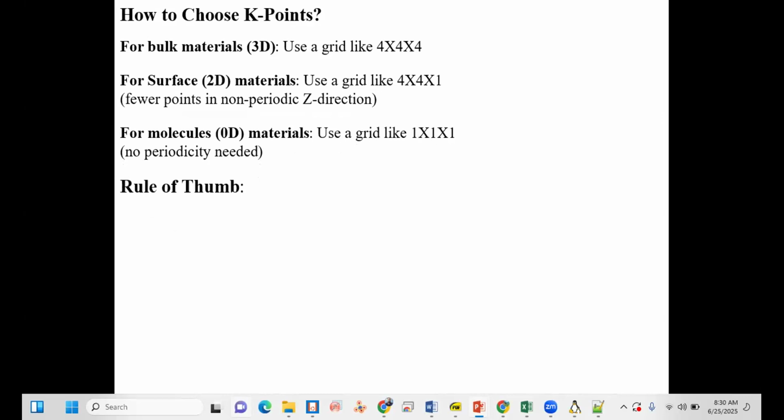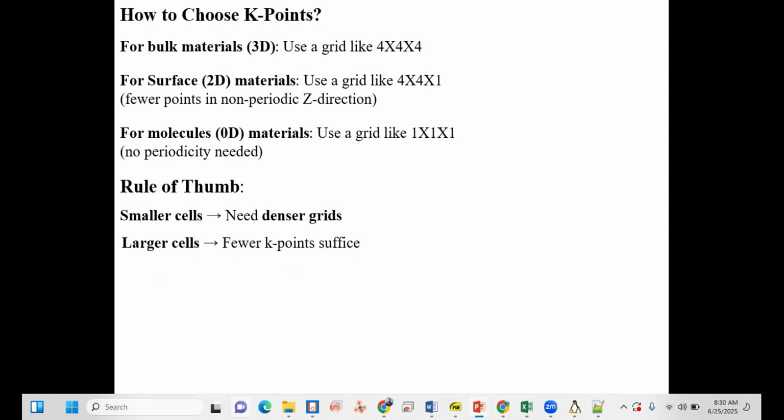So what is the rule of thumb? A smaller cell needs a denser grid, while a larger cell needs fewer K points. Why? What is the reason behind it? Because we are transforming our crystal from real space to reciprocal space.